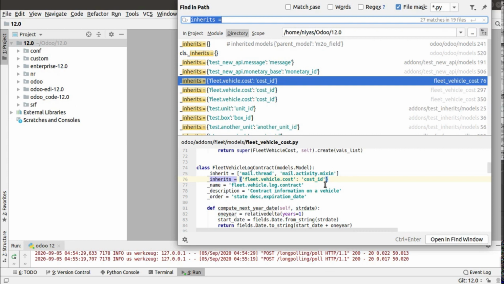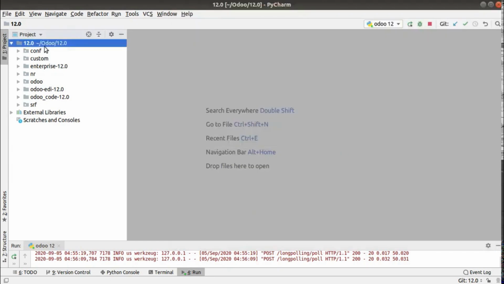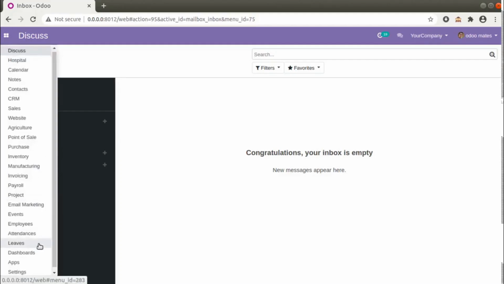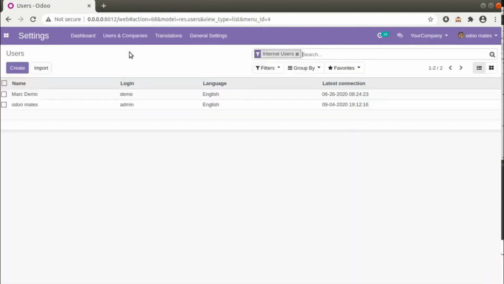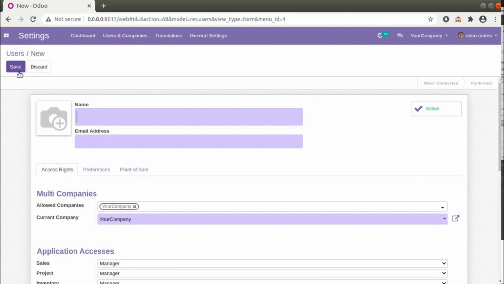You might have already seen that there are different use cases in Odoo itself. If I go to my browser, go to settings, and create a user, you all know that it automatically creates a corresponding res.partner in the database. The model of users is res.users. So if I create a new user here, it will automatically create a corresponding partner in the partner table. I'll be adding a new user, let it be James, giving the name as James.